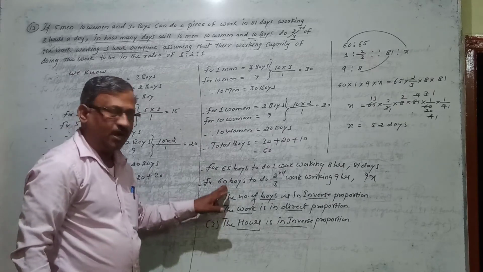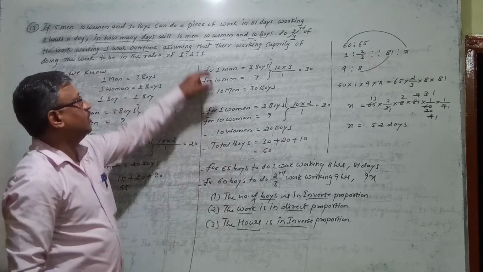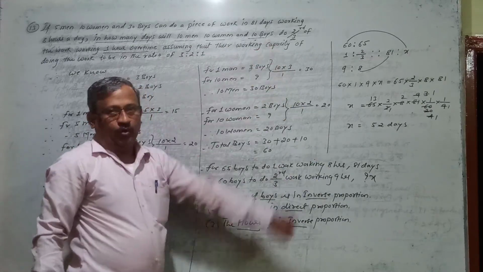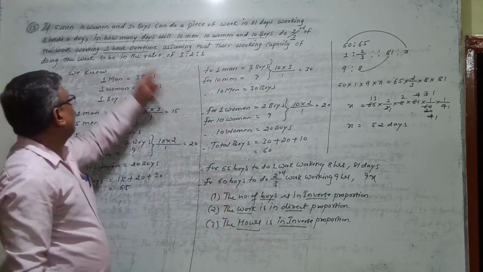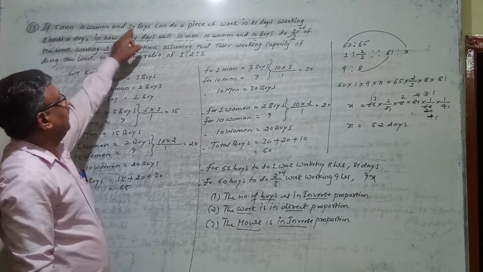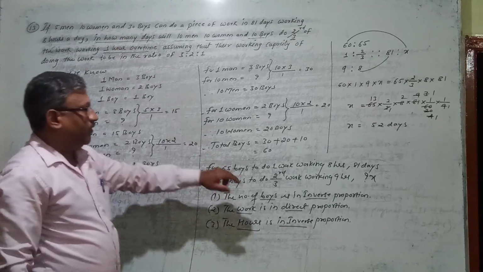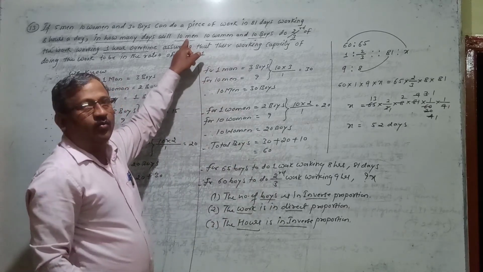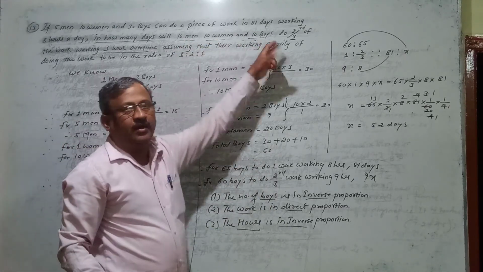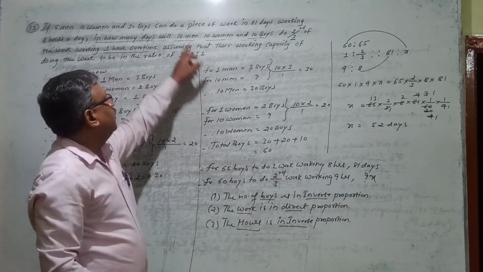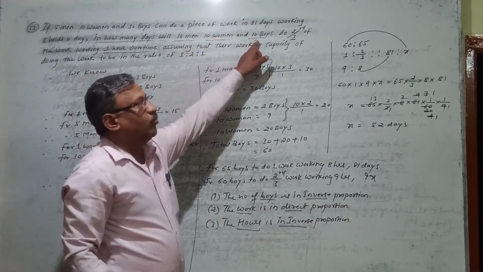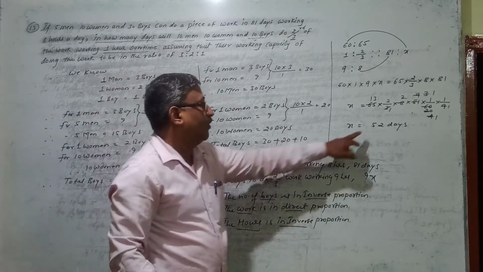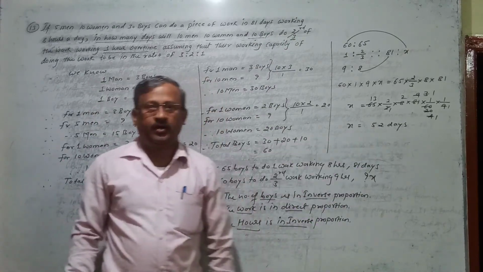These are the days required for how many boys? It is 60 boys, and 60 boys means 10 men, 10 women, 10 boys, and 65 boys means 5 men, 10 women, 30 boys. Whatever time is required for 60 boys, the same time is required for 10 men, 10 women, 10 boys. Means 10 men, 10 women and 10 boys can do 2/3 of the work, working 1 hour extra, in how many days? 52 days.